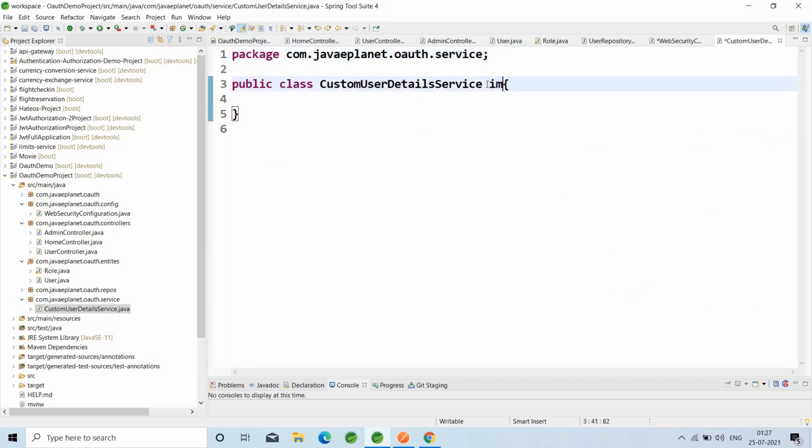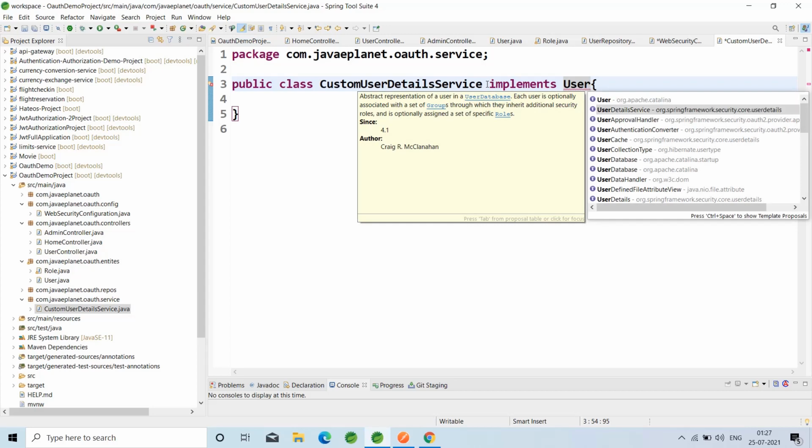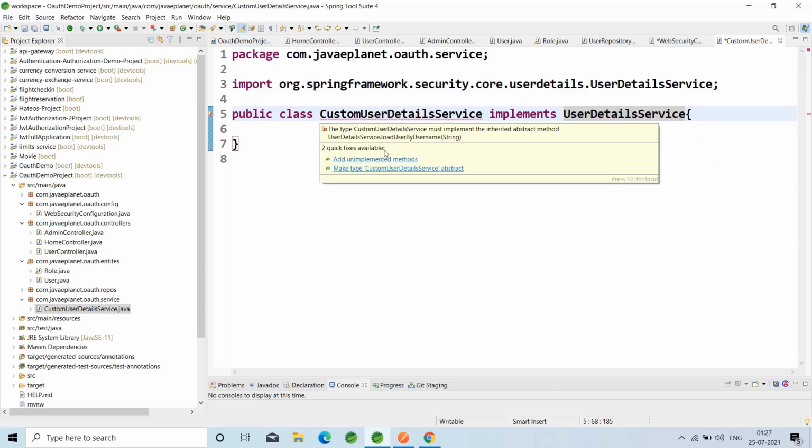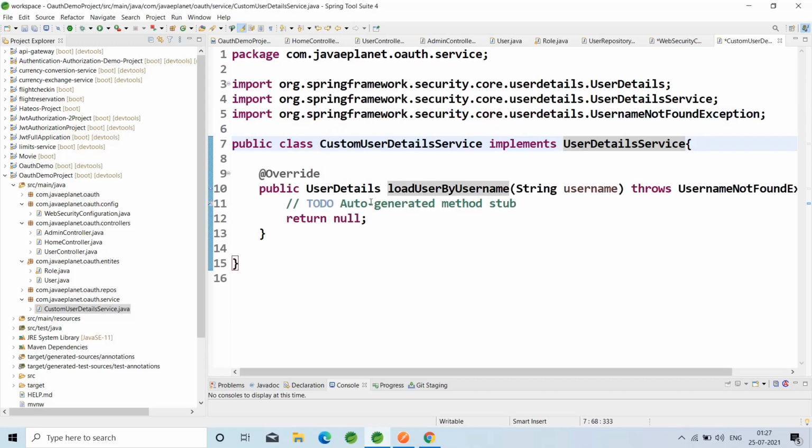Implement the UserDetailsService interface from the Spring Security Core userdetails and add the unimplemented methods, which override loadUserByUsername.